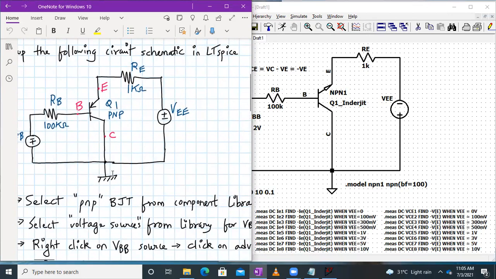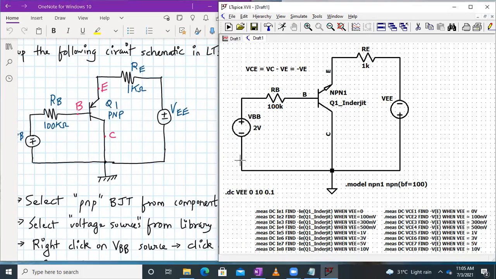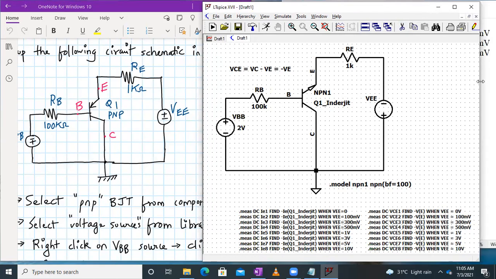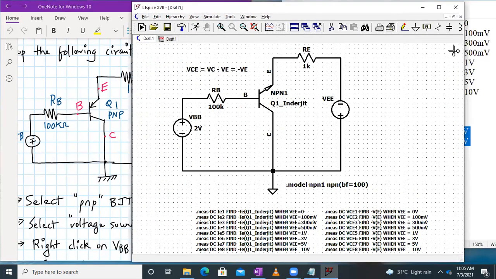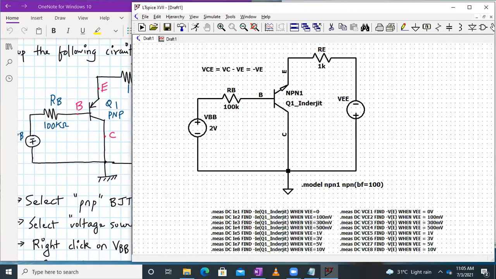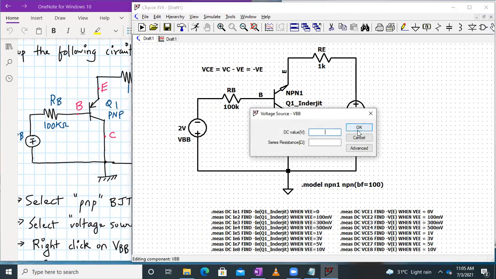Okay, so there are slight changes. This NPN has to be replaced by PNP and the orientation of the supply voltages will change. So let me do that quickly over here. So I have to reverse the supply voltages. So here it is VEE, and this one I'll press Control R and rotate it. Okay, just remove all the values from there.